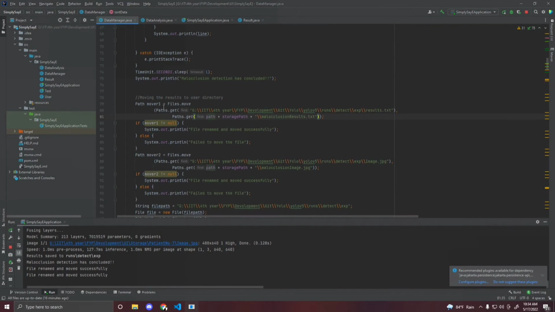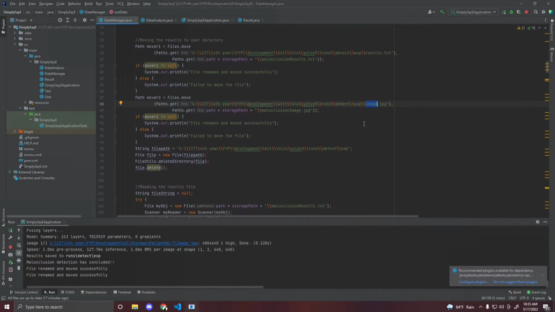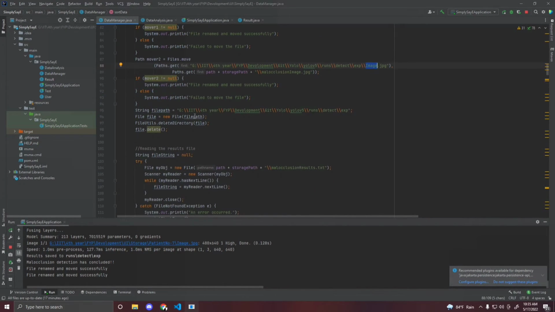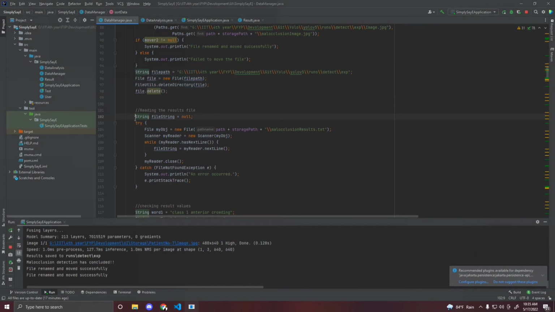Basically what we'll be doing here is, after the detection has commenced, a text document will be generated from within the YOLO detection code, and the image as well. So the image as well right here. We'll be transferring these two documents back to the generated file for the user. And after that, we'll be deleting the generated file in the YOLO model. And then we will be moving on to reading the information within the text file that has been generated within the